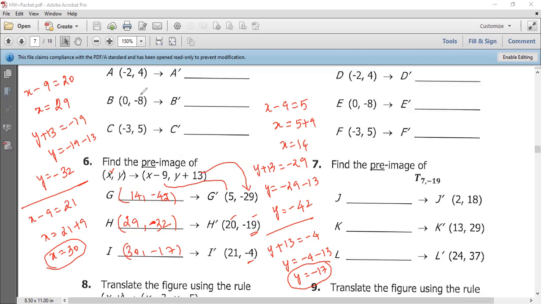Here they have given your pre-image x comma y, and I will be substituting the x value in the given translation rule and finding the image. Here, your image coordinates have been given and the rule is given, you have to find the x and y values. So I have to equate and find the x and y values separately for all the 3 coordinates. So that's it. Fine. So the next one is